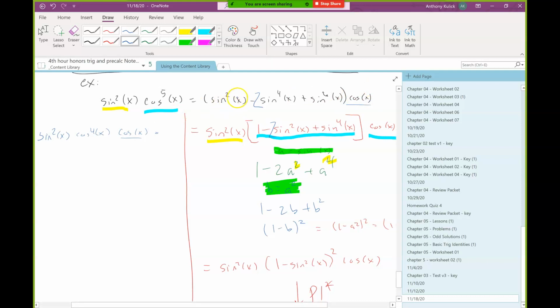And maybe I noticed even that this has a greatest common factor of sine squared in it, which I already kind of have. So I just need to get this cosine to the 4th part to have only sines in it. And probably the easiest way to think about that would have been, okay, I just have 2 cosine squareds,